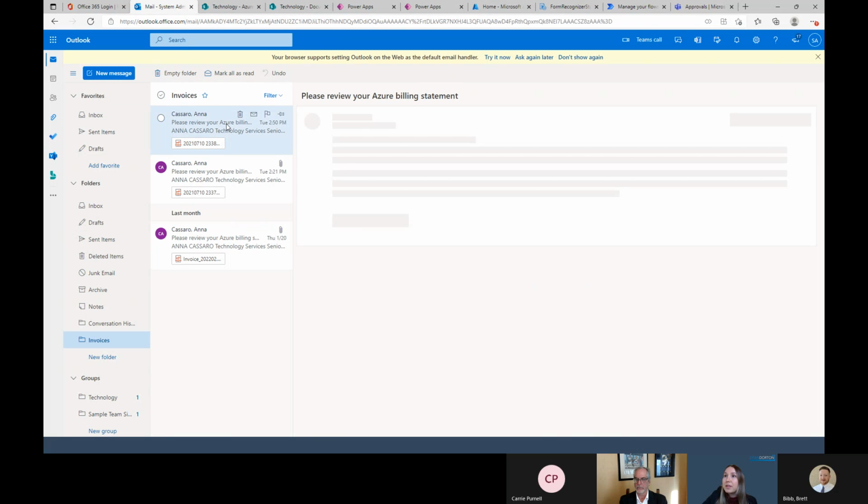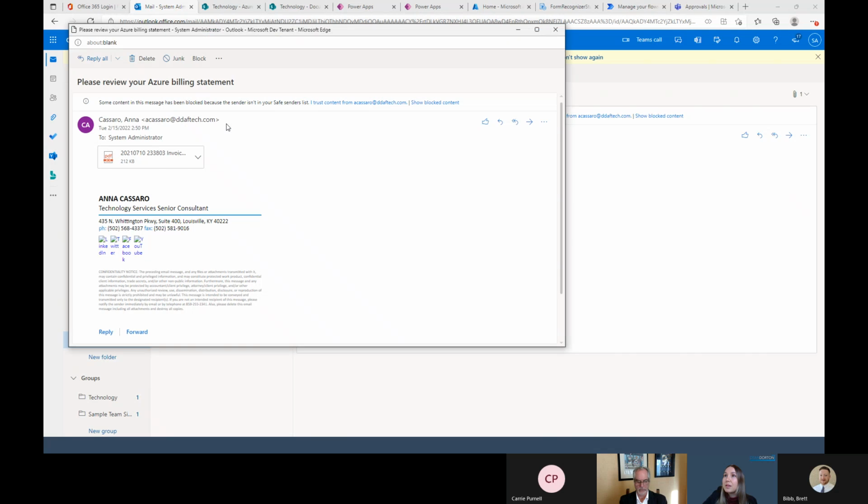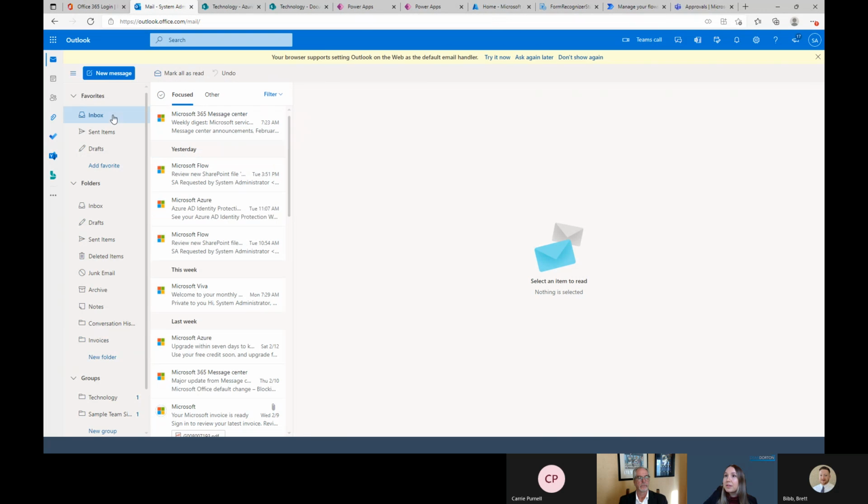But basically, this is what the email from Azure that we're talking about will look like. It'll have the subject line, which will always be the same, and then it will have an invoice PDF document attached to it. So this will arrive in my inbox, and then shortly after, you would notice that it would then be moved to my invoices folder because, as you'll see, that is part of the process. And then the end result